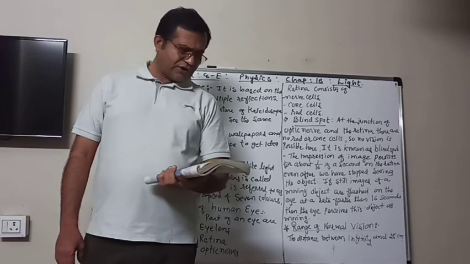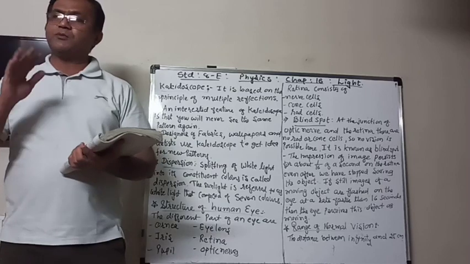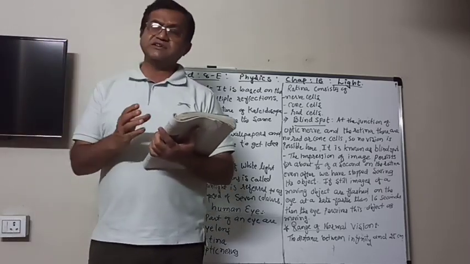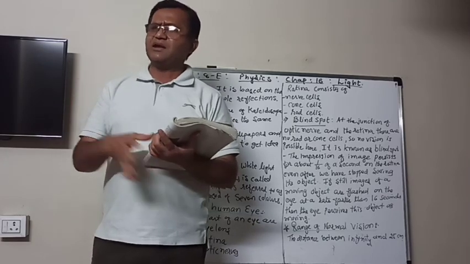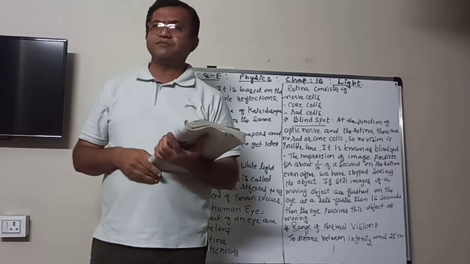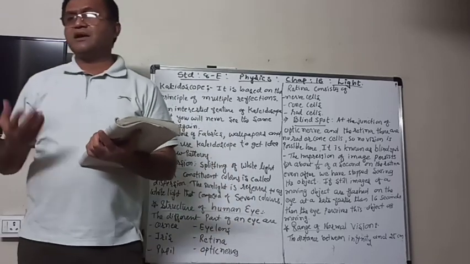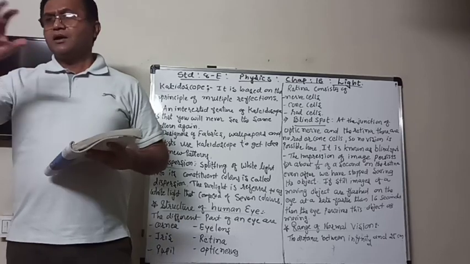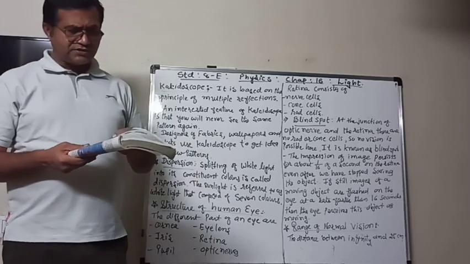Now observe the size of the pupil. When the torch is not on, the pupil will be of normal size. It means that the iris is controlling the pupil. When there is very bright light, we close our eye or we make the eye very small. If you look at a very bright light, it happens, and that is controlled by the iris. So enough light only enters the eyes.